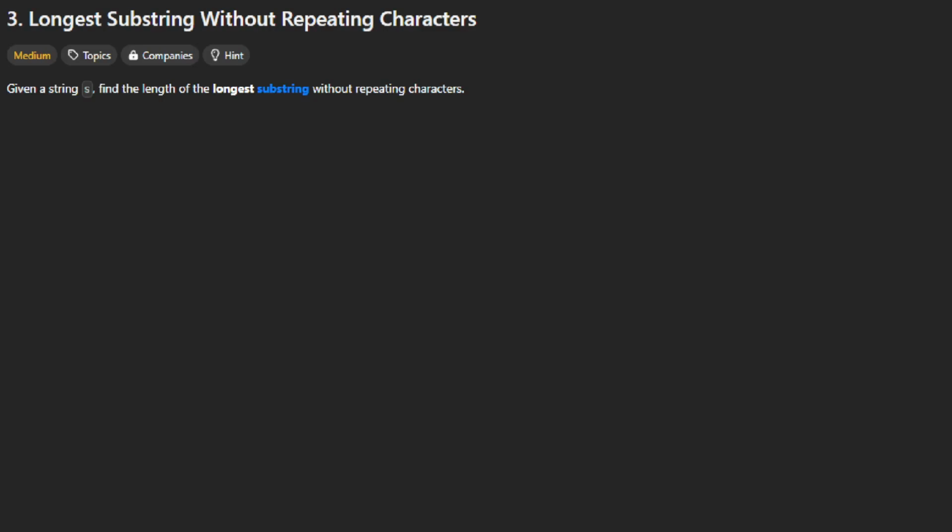Hey guys, welcome to LeetCode 3, longest substring without repeating characters. In this challenge we are given a string s and we are to find the length of the longest substring without repeating characters. And so basically if we had A, B, C,